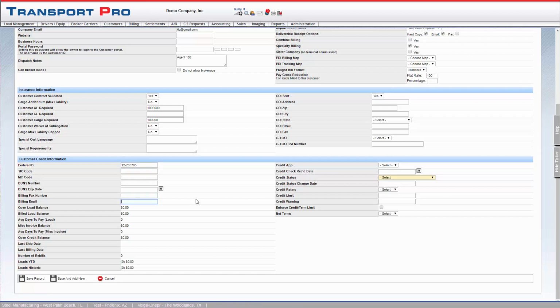Next, select the credit app status. Enter it when you receive it. In order for the customer to be on a load, they must have an active credit status. Enter their credit limit as well. If you want the customer to have a $10,000 credit limit and receive a warning when they reach $8,000, you